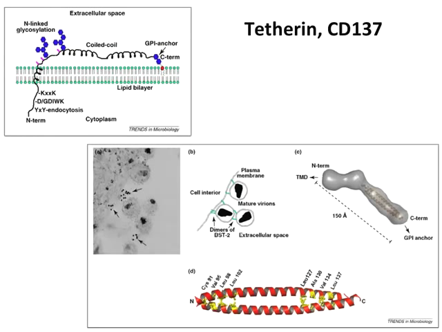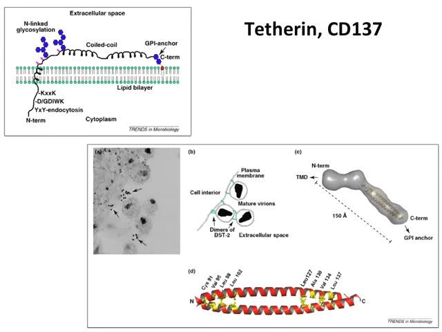Now here's a very new ISG recently understood. It's called tetherin, or CD137. This is a very interesting ISG. It is actually a transmembrane protein. Here's the configuration on the upper left. Here's the cell membrane. And this tetherin, the N-terminus is in the cytoplasm. And then it crosses the membrane and has an extracellular domain. And then it's anchored, its C-terminus is anchored in the plasma membrane as well. This